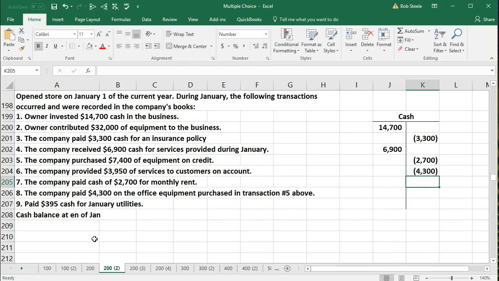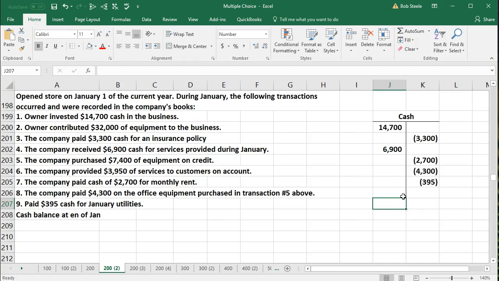Last one, number 9, says paid $395 cash for January utilities. Once again, key term paid, meaning we're going to put that on the credit side of the cash T account. Credit of $395. Now, if we were doing this by hand, the easiest way is to sum up the